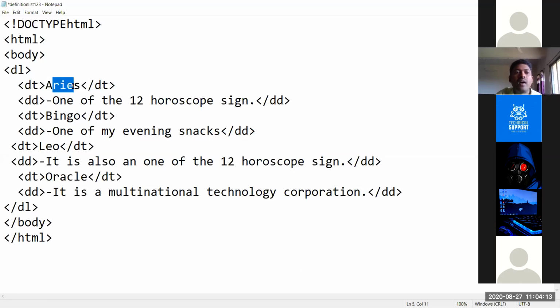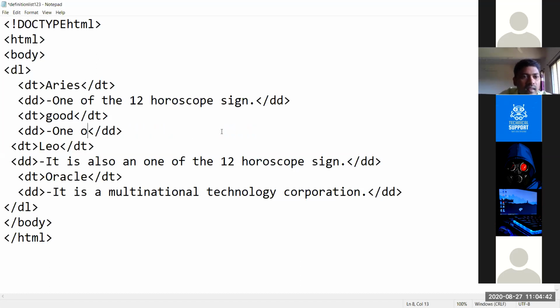Aries meaning is one of the twelve horoscope signs. Next, the second DT term, bingo, we have to specify. If you want to write good, I'll write one term as good.